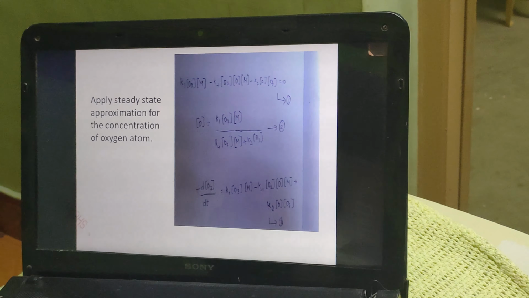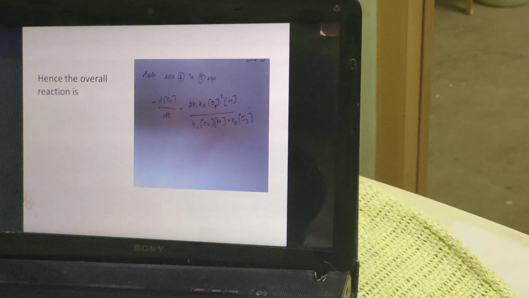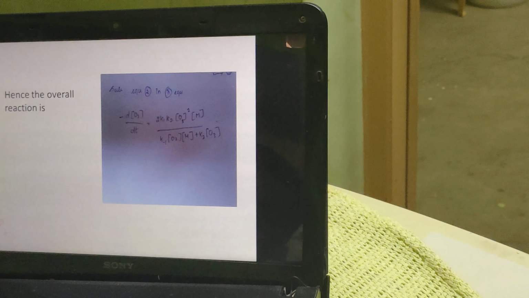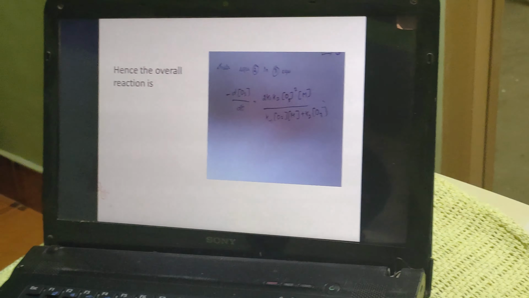And so for the overall reaction, the rate of consumption of ozone is minus d[O3]/dt equal to 2k1k2[O3]^2[M] divided by k-1[O2][M] plus k2[O3]. Then in photochemical reactions,